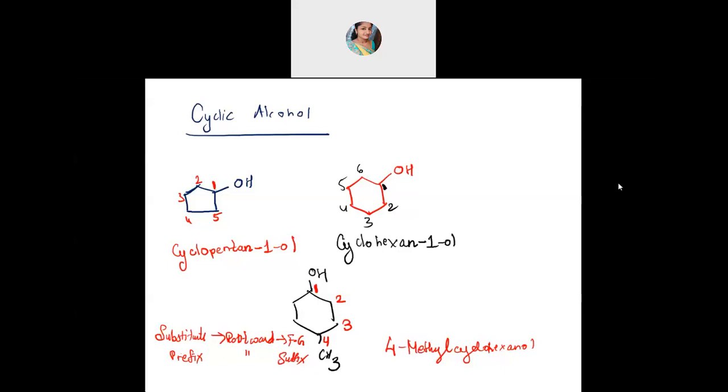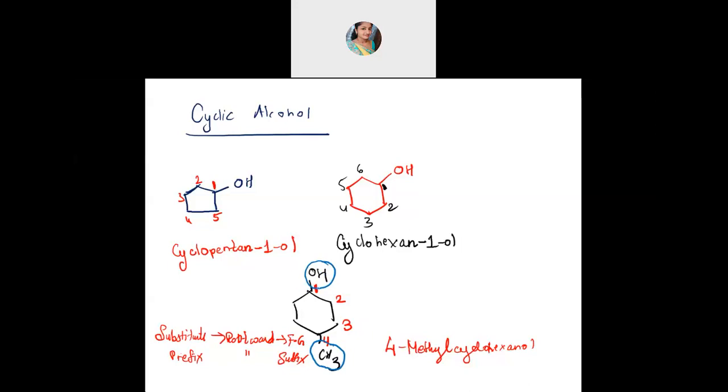Yes. Now you wanted me to explain this. See, naming this compound over here, the last compound what I've given. First you number, because there are two substituents you are able to see, but among that one is the functional group. Here this is the functional group and here CH3 is the substituent. So you will number the functional group first.